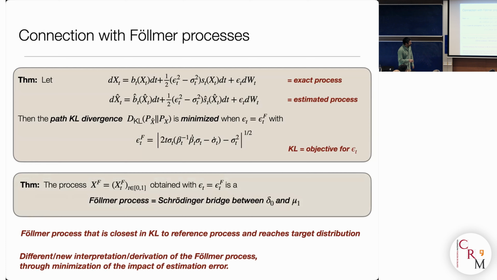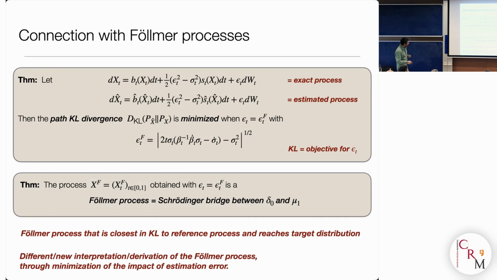Okay, so for those who don't know, former processes are a variant of Schrödinger processes. Schrödinger processes are an entropic regularization of optimal transport. Okay? In words, what a former Schrödinger process is: you are looking at the SDE that is the closest in KL from a reference SDE with the constraint that at time t equal 1, its solution samples a target. Okay, so your reference can sample anything, and the Schrödinger bridge would be the one that is the closest to that one in KL, but samples the target that you desire. And this guy is exactly that.